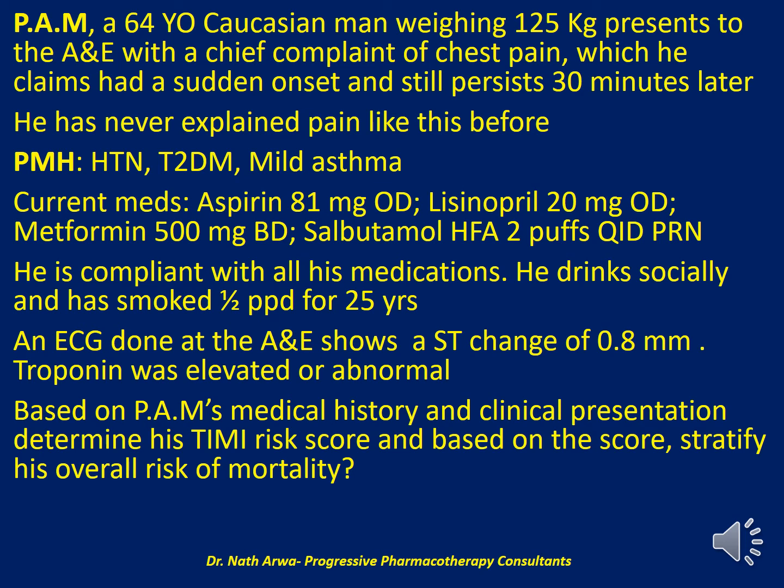He tells you he's never experienced such pain before. It's overwhelmingly painful. He has a past medical history of hypertension, type 2 diabetes mellitus, and he suffers from mild asthma. Currently, he takes 81 milligrams of aspirin once daily, 20 milligrams of lisinopril orally once a day. He takes 500 milligrams of metformin twice daily, after breakfast and after dinner,